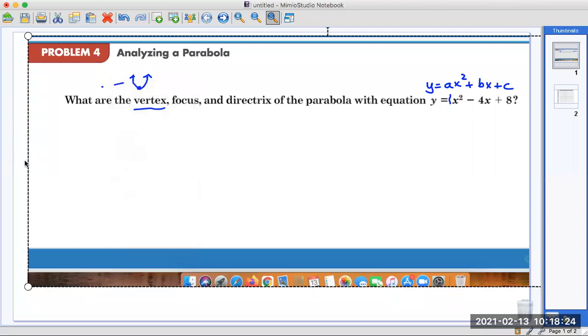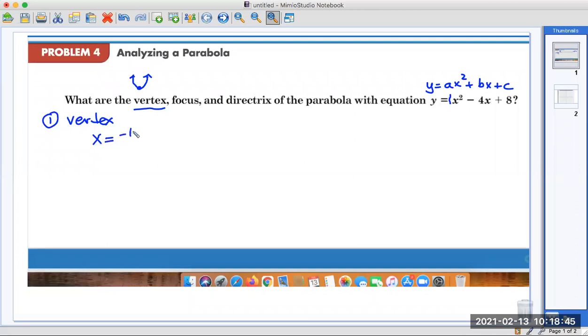You can complete the square, but I'm going to do it without completing the square. I'm just using a formula. Let me write it down so you see it. Stay organized. Vertex. So first find the vertex. x is the opposite sign of b divided by twice the first number. Opposite sign of b means you change the sign of the b. The b is -4, so it's going to be a positive 4. And twice the first number is 2 times 1. So 4 divided by 2